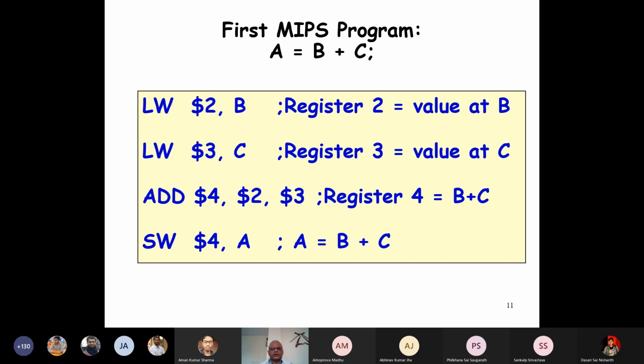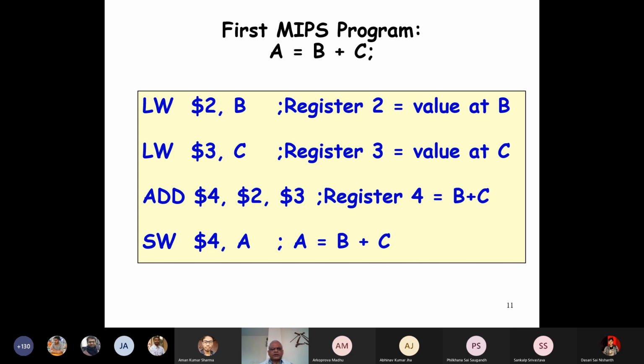But finally we have to store this into A. So we'll write store word register 4 into A. A, B, C are basically memory addresses. So this is the first program, the simplest hello world program.